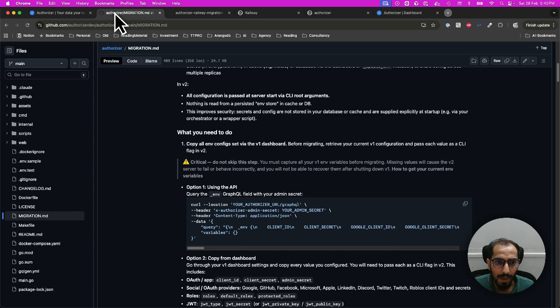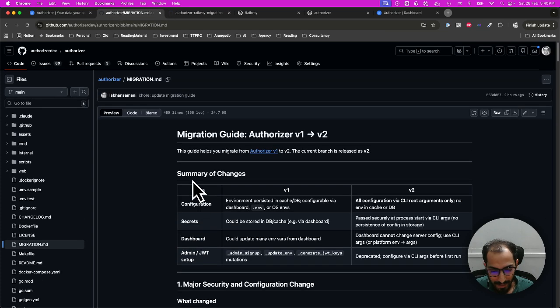So, we have removed completely the usage of .env. Yes, completely. No more environment configuration mutations. So you cannot change environment variables from the dashboard. The reason we have done this is because of those UI improvements. We had to store and cache the environment variables in either Redis or database, and this was a security vulnerability. So we wanted to get rid of that completely. I know that it removes some of the UX elements out of it, but it is more secure, so it